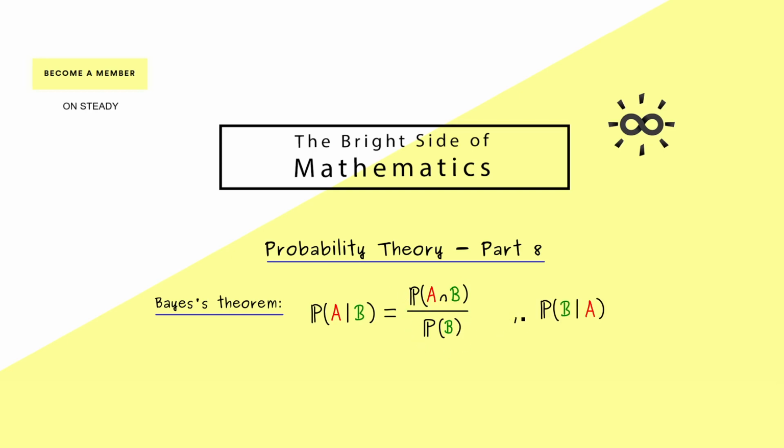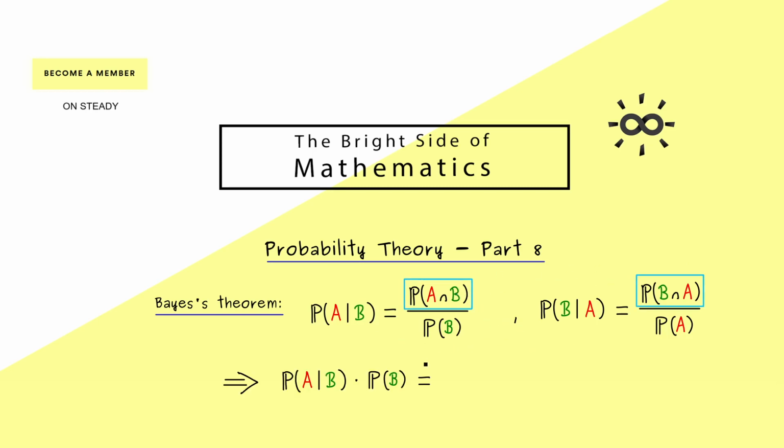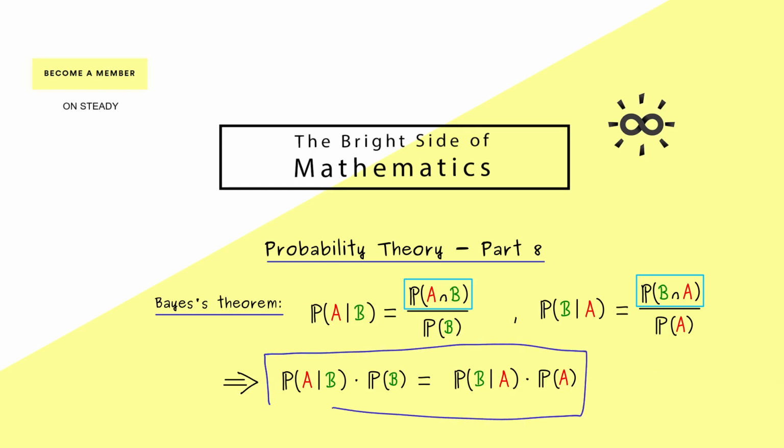And now of course we can also flip the roles and look at the conditional probability of B under the event A. Then we also have the intersection, but then we divide by the probability of A. However, the important part here is the intersection is the same. Hence with this part we can put both equations together, which leads us for the left hand side to P(A under B) times P(B), and on the right hand side it leads us to P(B under A) times P(A). And in fact, this is what we call Bayes' theorem.